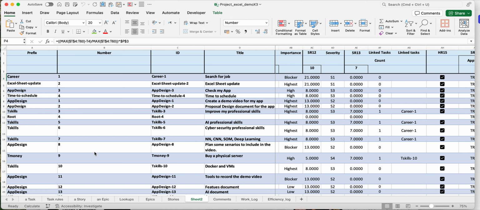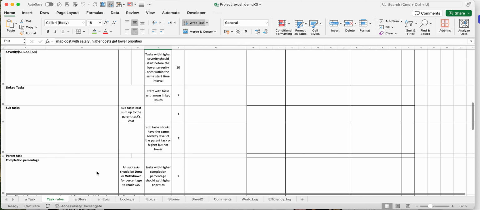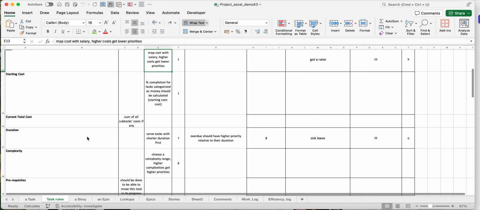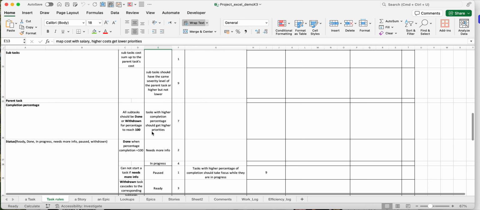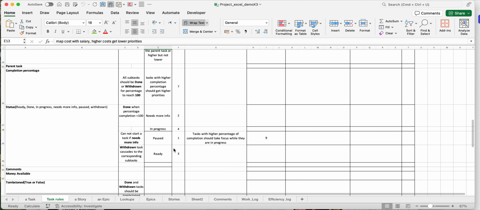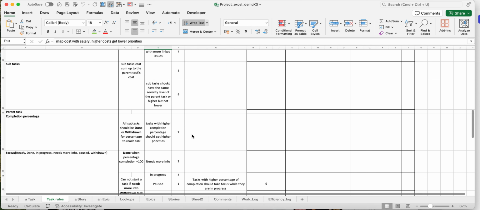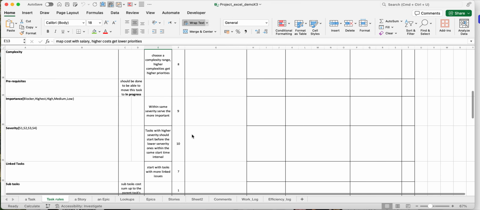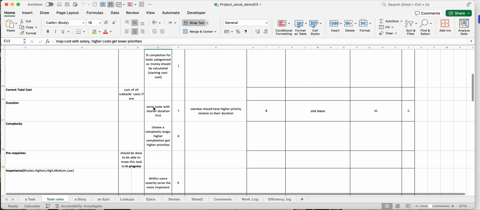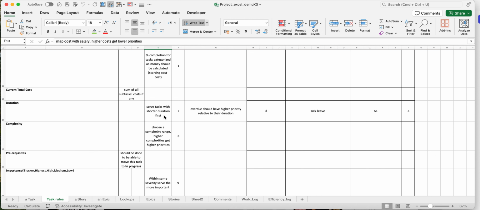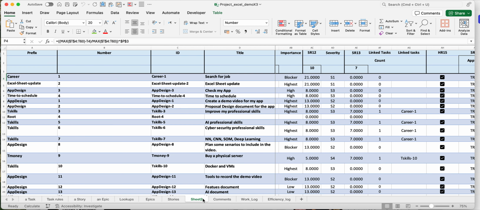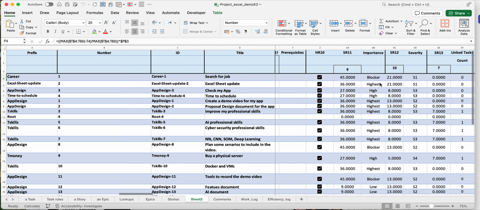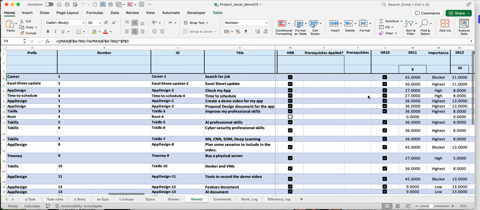These weights can be set in a task rules sheet, and you can set here the weights for your fields, and also create some rules for each field. For example, duration of the task: shorter duration, serve the task with shorter duration first. You can set explicit rules here by the team. So if you go to the task table, I will show how these weights will affect the ranking of